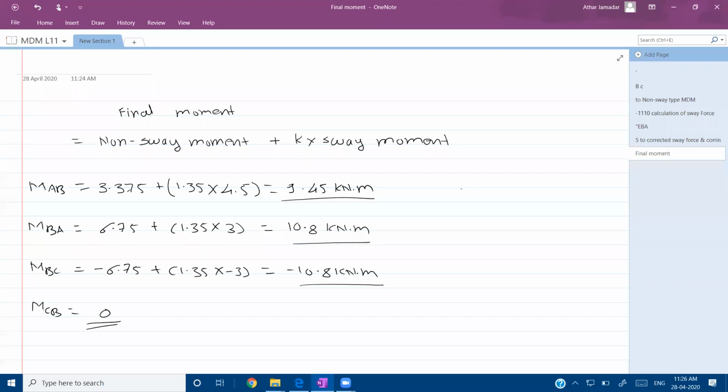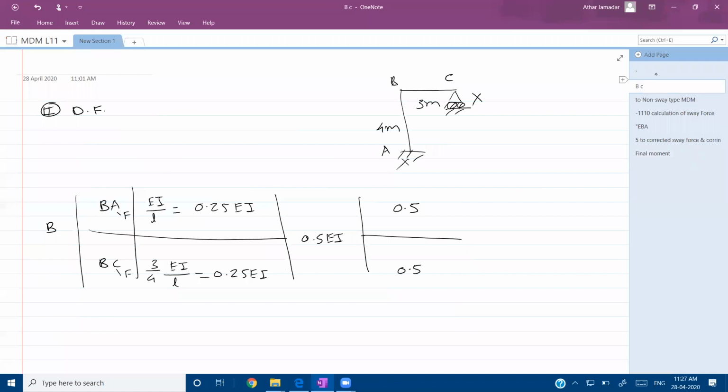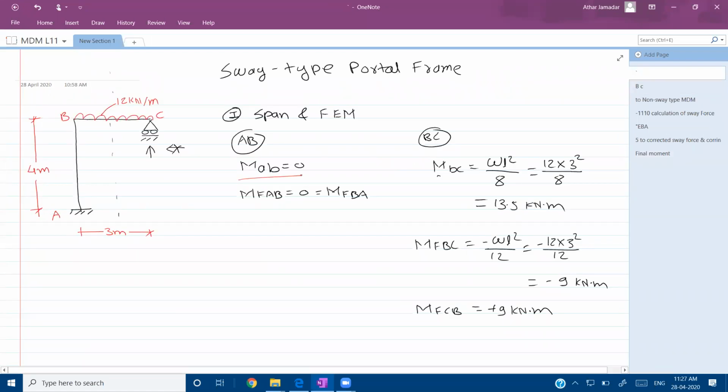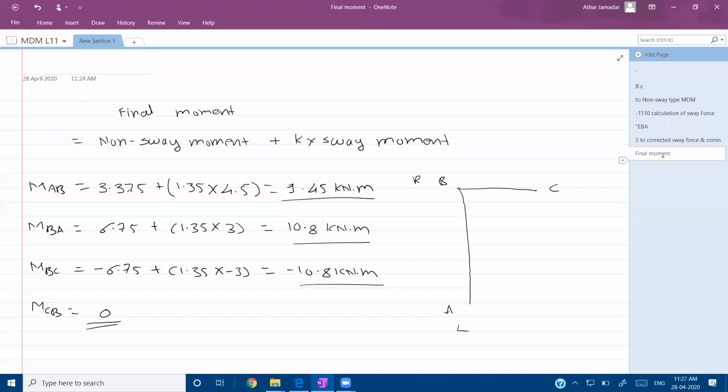So for drawing the BMD, now this is the example. This portal frame starts with the left hand side first column. For this, we have supports A, B and C. For support A, for the first left hand side column, the bottom support will be the left support and the top support will be the right support. So at the left support, first of all, we will plot the span moment diagram. Span moment for AB is I think 0 here, span moment for BC is 13.5, that we will first plot.